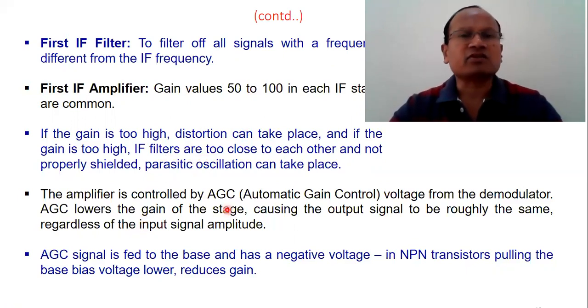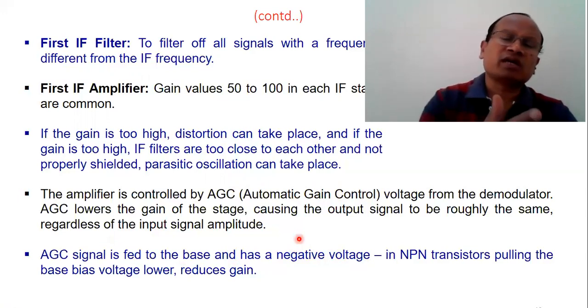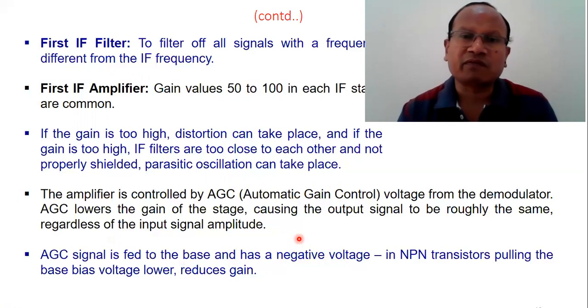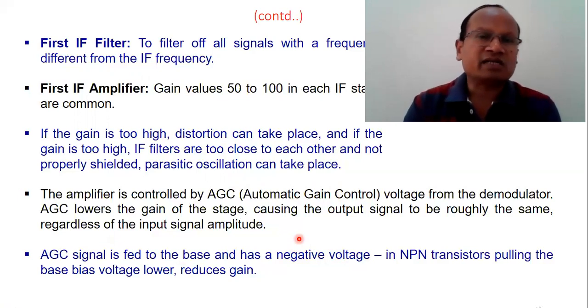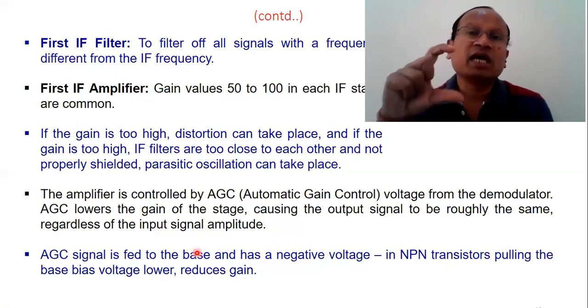We have discussed that AGC is automatic gain control, which is used to remove any amplitude variation, and it smoothens the output when it is rough. That smoothing takes place by using AGC. So the AGC signal is fed to the base as a negative voltage, as I told you. Because whenever we pass through an amplifier, mostly we prefer a common emitter amplifier, which has the base terminal as the input. So you can see here the negative voltage given to the base, right? So a negative bias is given so that the output can be limited.